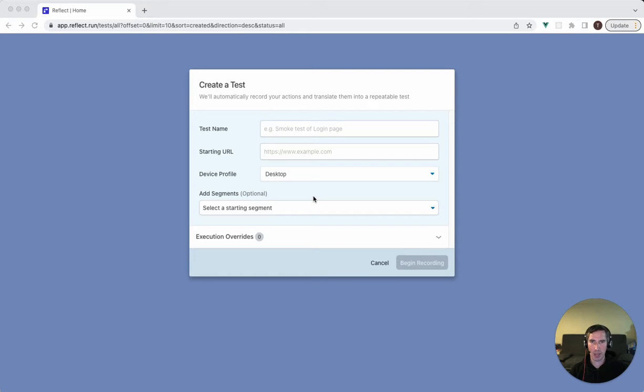With Reflect's API testing feature, you can create end-to-end tests that combine UI actions like clicks and inputs with direct API calls. This can be used for a variety of use cases, but two particular use cases where this would be valuable are setting up data at the beginning of the test or validating data from third-party systems. In this example, we're going to be walking through the former of setting up data as part of a larger